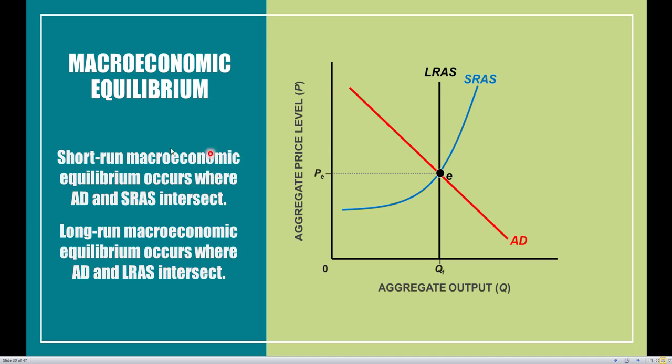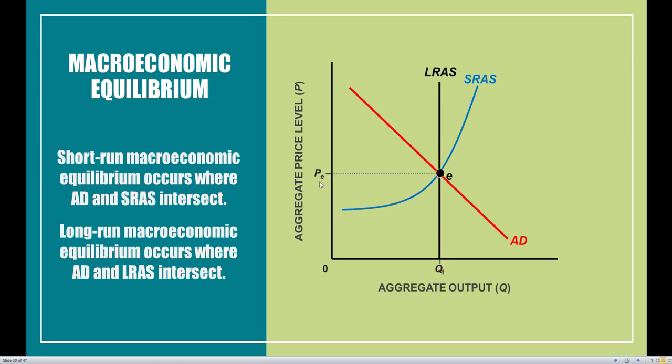The first type of equilibrium we can talk about is short-run macroeconomic equilibrium, and it's going to occur where aggregate demand and short-run aggregate supply intersect. So here, aggregate demand intersects SRAS at point E. So at point E, we are in short-run equilibrium. And short-run equilibrium details exactly where we are currently in terms of our economy. So at point E, we are operating at our full employment level of GDP, and we have a price level